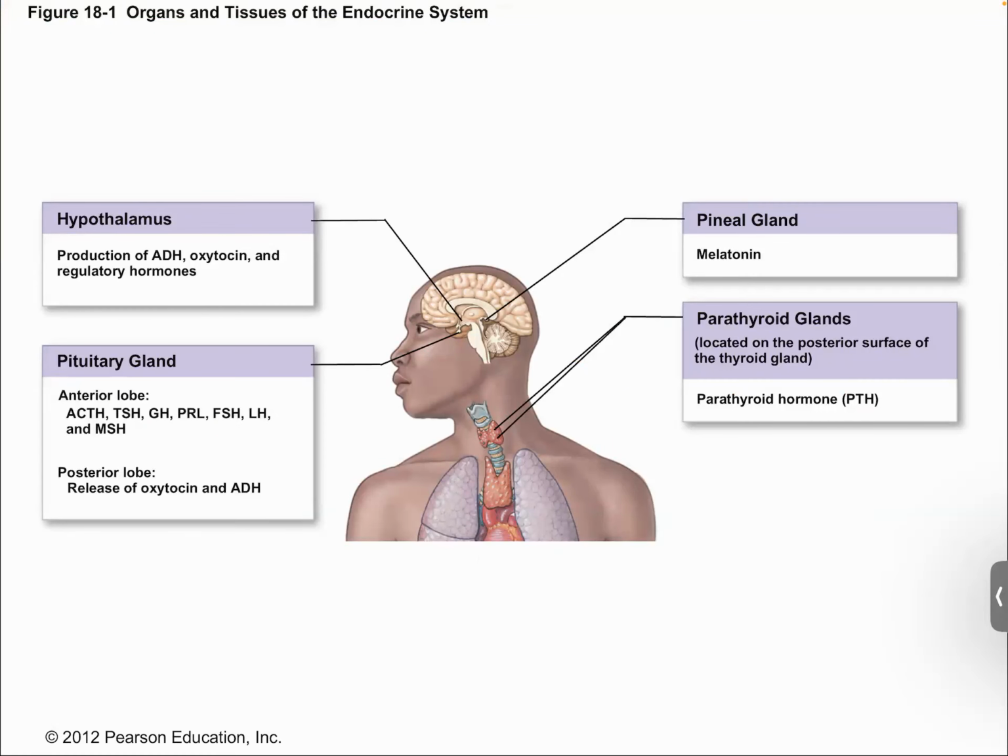So let's do a quick rundown of the endocrine system. I don't want to spend a lot of time on this because a lot of these we're going to basically break down more specifically later on, or they're going to be broken down in more detail in chapters of their systems, right? So when you take a look at the players of the endocrine system,